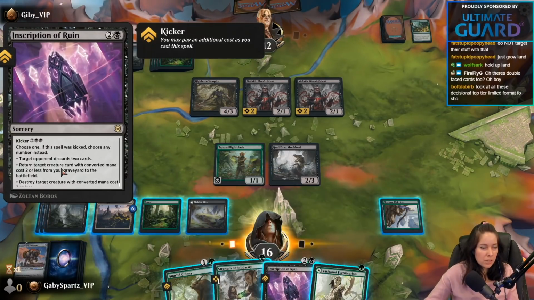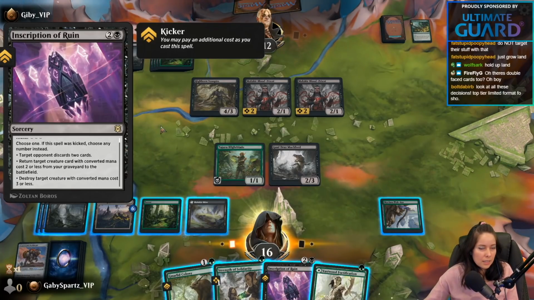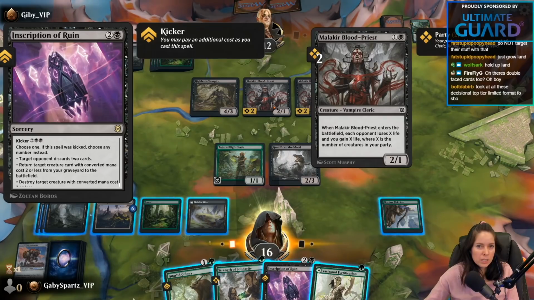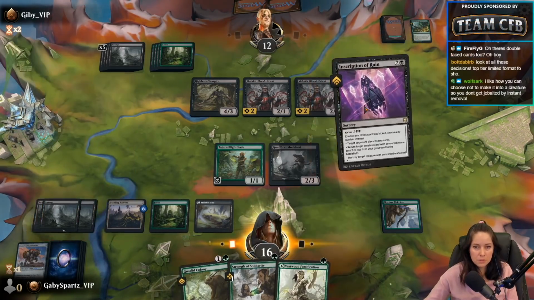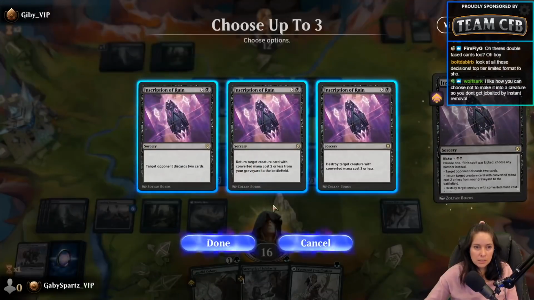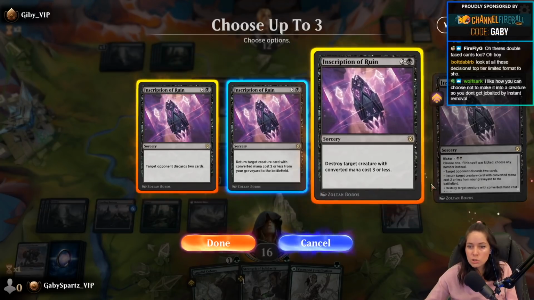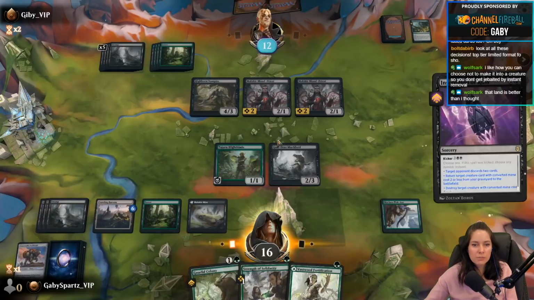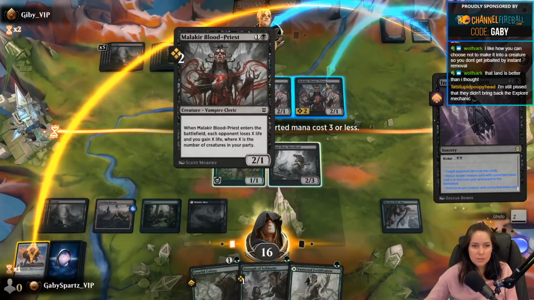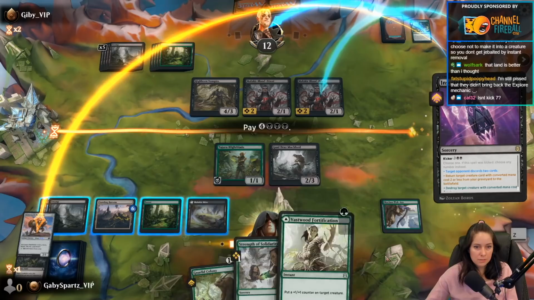We can mind rot them since they have 2 cards, and this is CMC 3. So we can kill a Malakir Bloodpaste and then mind rot them both. So I think we should do that. Mind rot and destroy. Oh, you can choose up to 3. Choose any number. That's so cool. Okay, and then return 2. The Pack Beast. Kill that guy and...